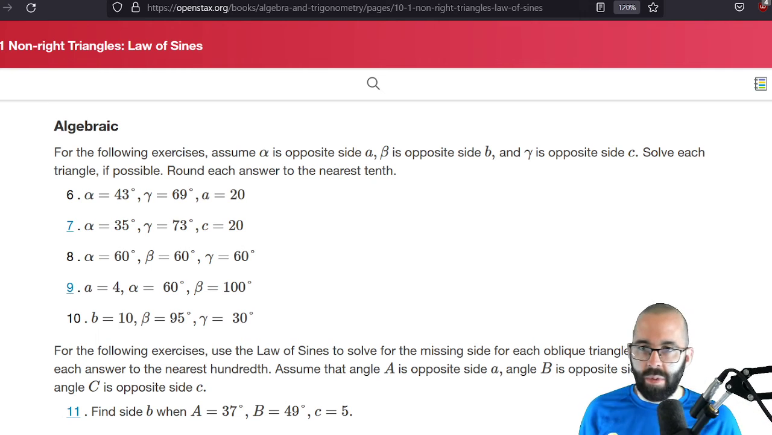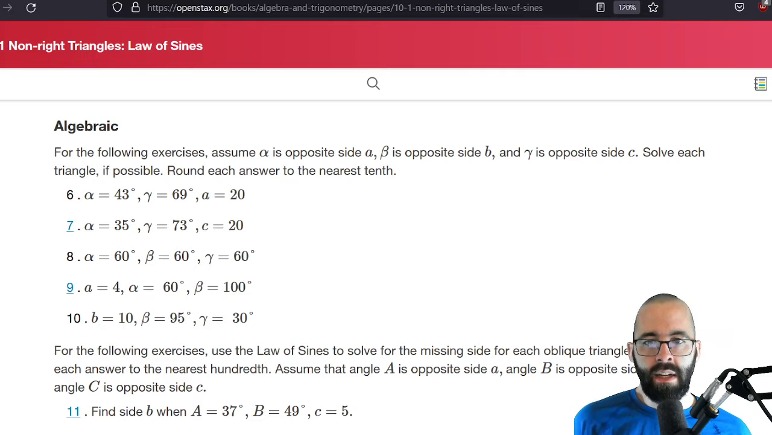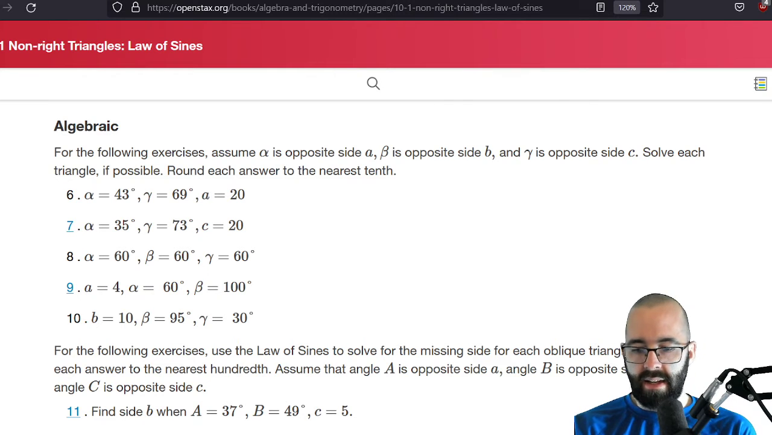All right, let's do some homework problems. We're going to start with number 8. So again, alpha is going to be opposite A, beta is going to be opposite B, just like we did in the notes. Round each answer to the nearest tenth. Problem 8 is saying